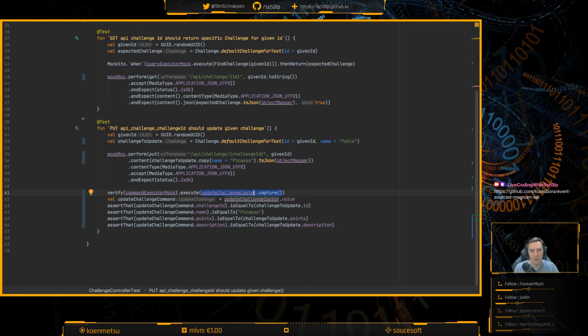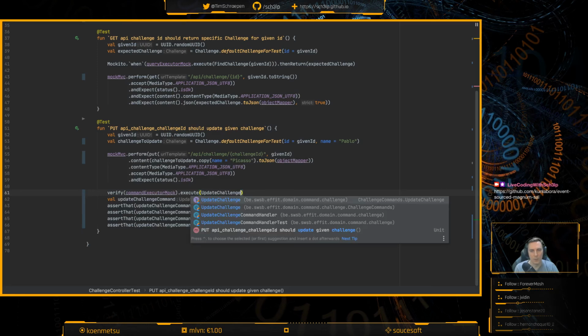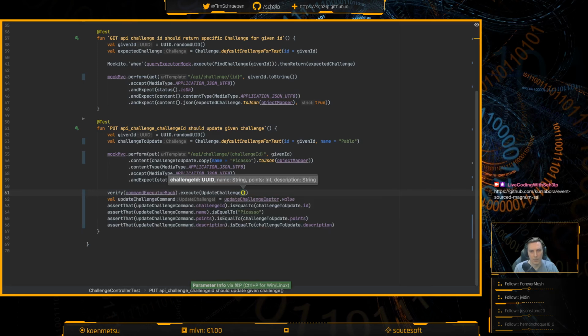So I can just say I want an update challenge command that has given ID in the name of Pablo, and then you know what, let's pass along all of these things.